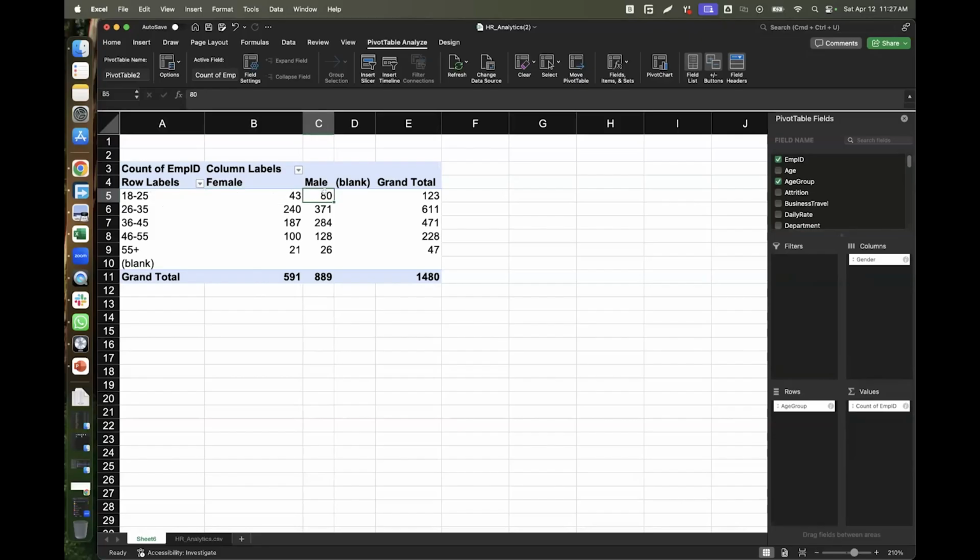And you can see that we have about 80 male. In all, for that age range, we have about 123. An addition of 43 plus 80 is giving us 123. So that is one way where we can use pivots to get summary information on certain data.